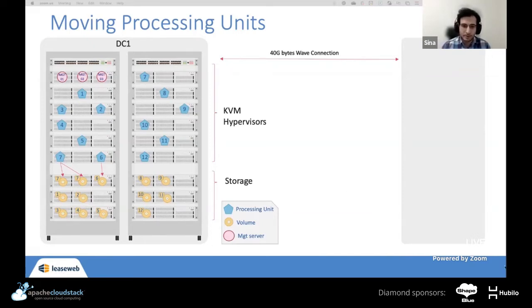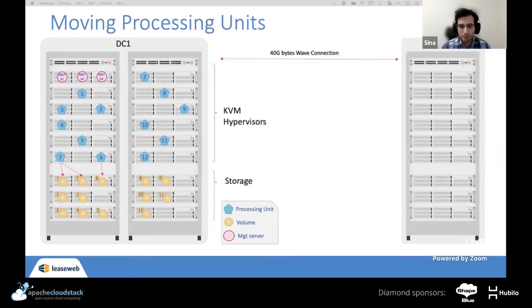First things first, we set up a new rack in DC2 and add it to our environment. So we have a really great connection between these two data centers. And we migrate a processing unit from DC1 to this rack using the CloudStack Migrate Virtual Machine API call. That's an easy task, but volume migration isn't a simple task